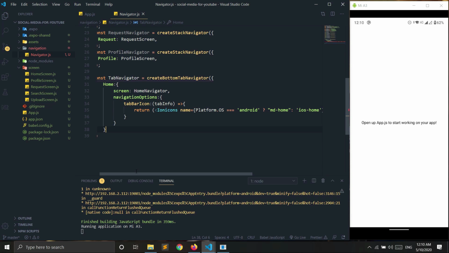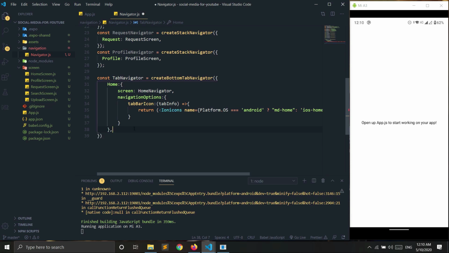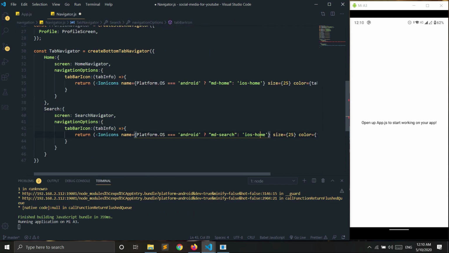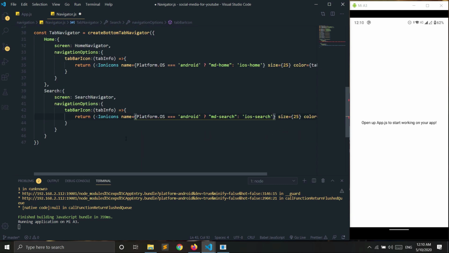Now for the next one, I'll be creating search. I'll just copy this and paste this. Screen will be the search navigator, and here the icon will be md-search.